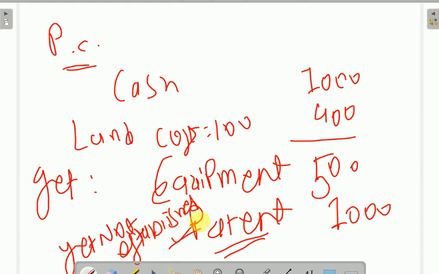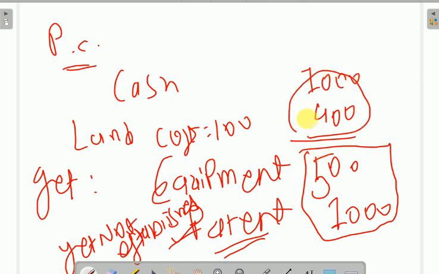Okay, so 1500 worth we are getting, 1400 worth we are paying. Okay,